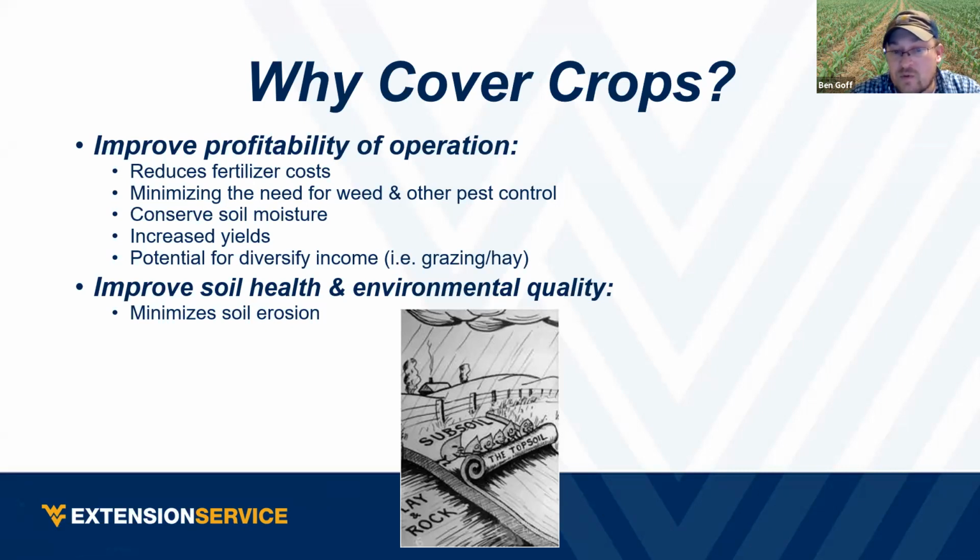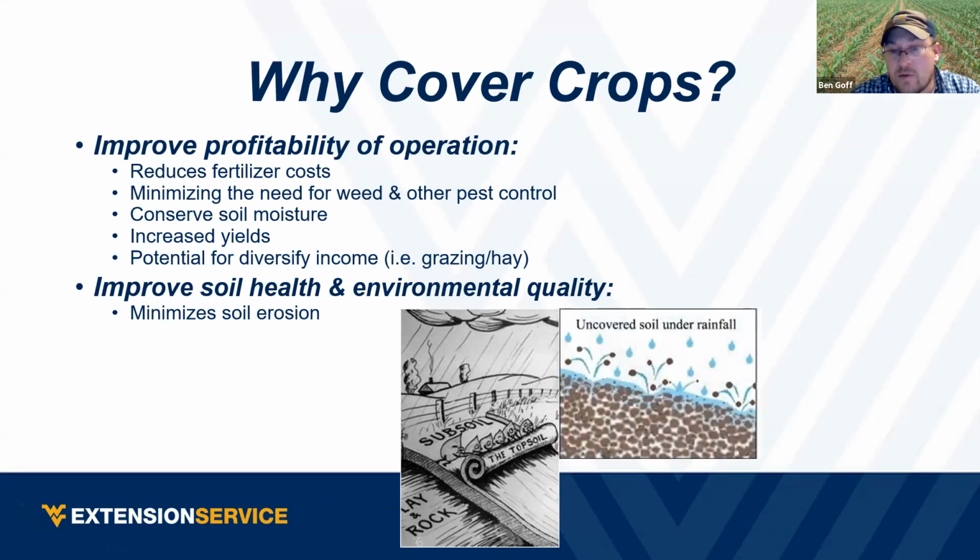That subsoil is not right for growing crops. It's low in fertility. It may hold moisture, but too much moisture, and most of the rooting depth is right there in that topsoil. So you want to conserve as much of that as possible, and not just from the movement of water, but a lot of times just the impact of that raindrop actually breaks up those soil particles, those soil beds. So you can see here that rain splashing actually breaks those up, which helps facilitate the movement off site,